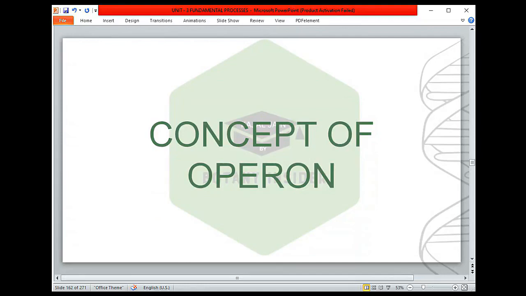Okay, so we'll be discussing the concept of the operon in this particular segment. First, we'll understand what an operon is all about, that is, the basics that we have to make sure are clear before understanding the entire thing. Then we'll be understanding the lac operon in this class, and we'll see how much we can cover. There are two major operons, the lac operon and the trp operon.